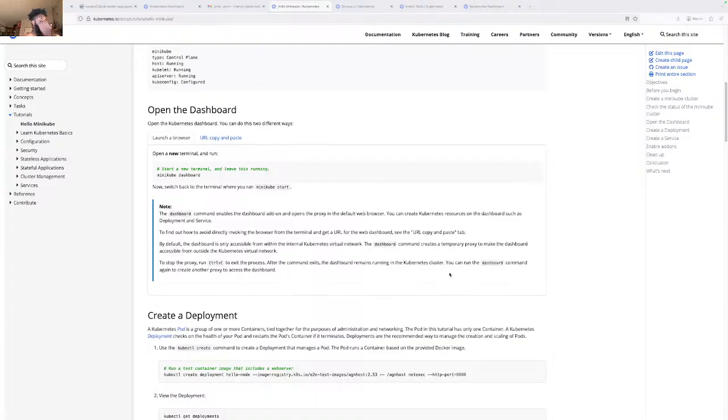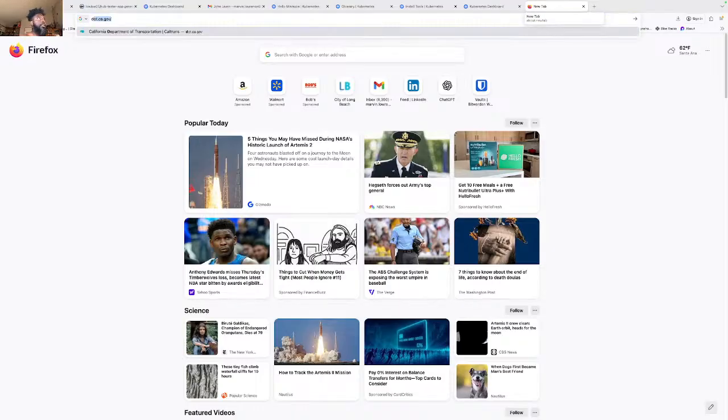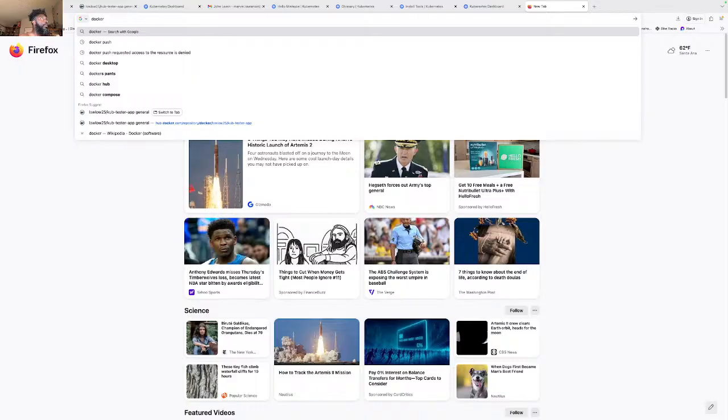Now, one of the things we have to understand is that when you're creating a deployment, you have to do it with an image that is in something like Docker Hub. So if we go to my Docker Hub, here it is.